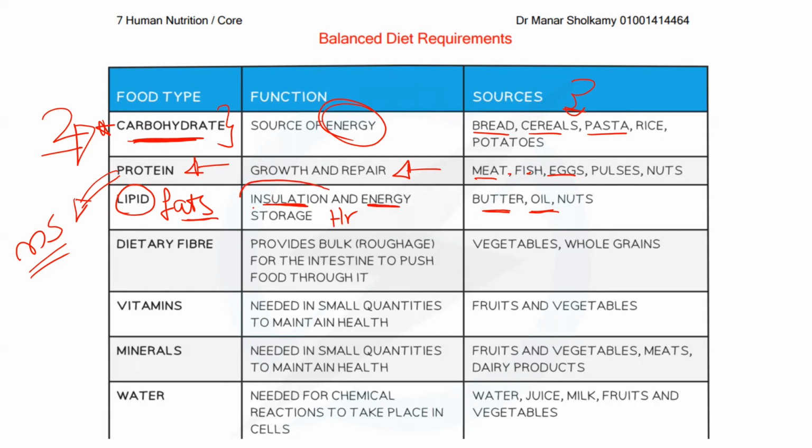Now, I want to stop at insulation. Who knows what insulation means? Not like keeping heat inside. Yes, you are correct. And one of you said protection. She is also correct. Now, I don't know if you know this or not, but all the organs in your body are covered by a layer of fat. So any organ in your body, your heart, your liver, they are covered by a layer of fat. And this is, of course, for protection.